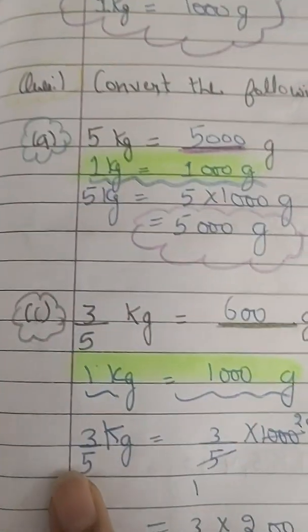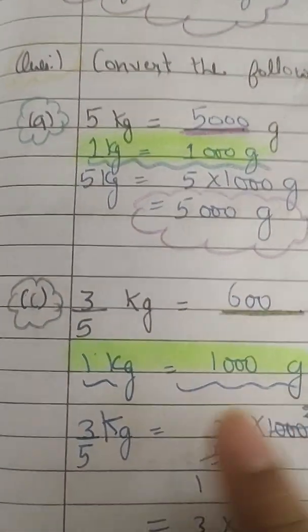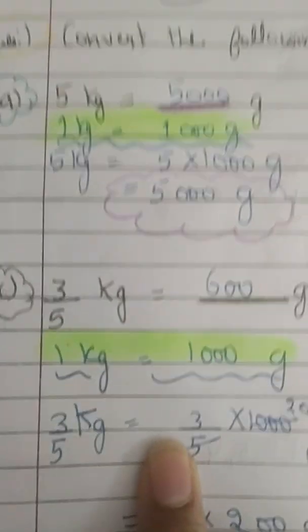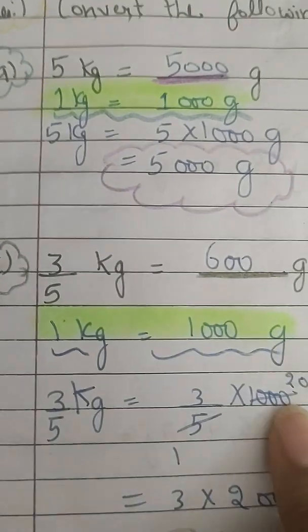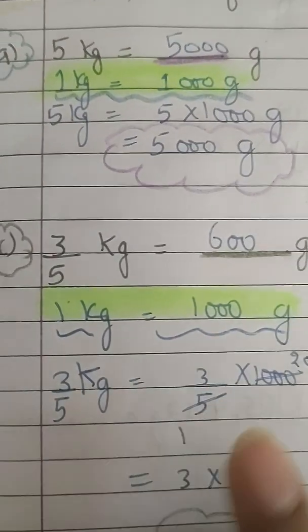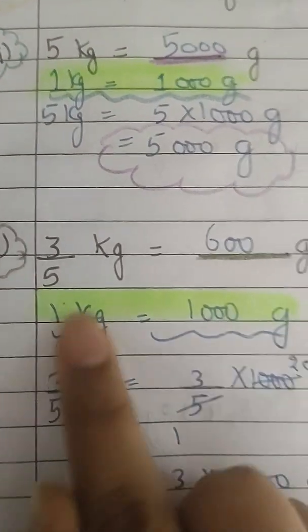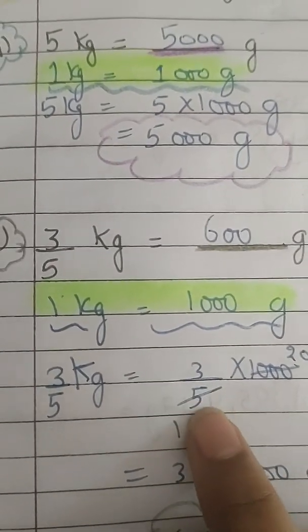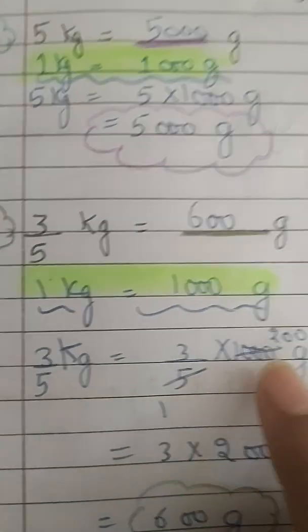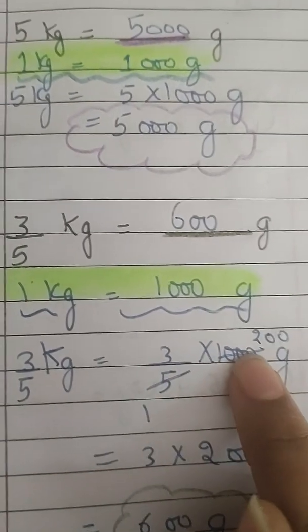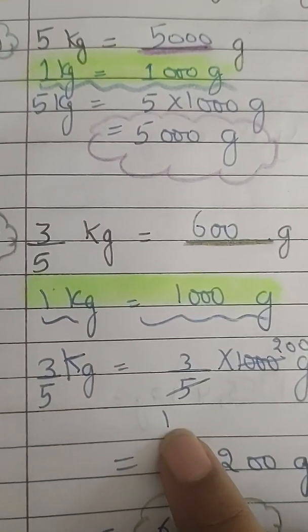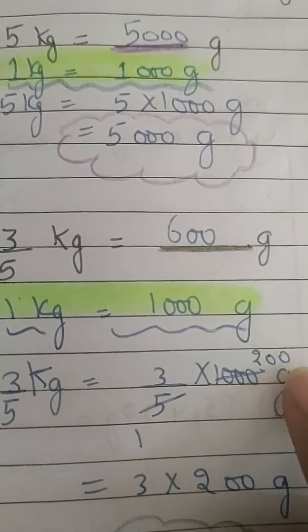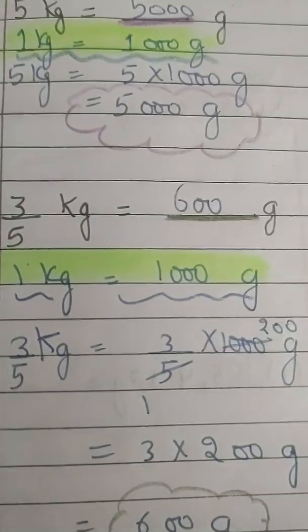Now this 3 by 5 kg you will write down. Okay, is equal to, now this 3 by 5 kg again you will write, and this 1000 you will write here. As you know that when we are going from kg to grams, you have to multiply. So then the number that is given in denominator, 5 and 1000 will come in same table. 5 comes in the table of 5 at 1, 1000 comes in the table of 5 at 200, these 200 you will write afterwards.